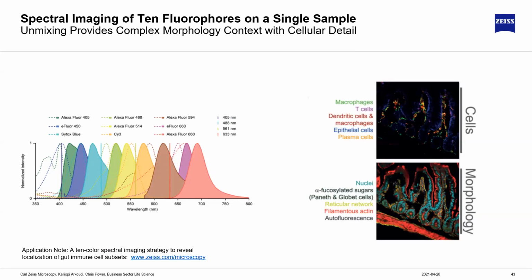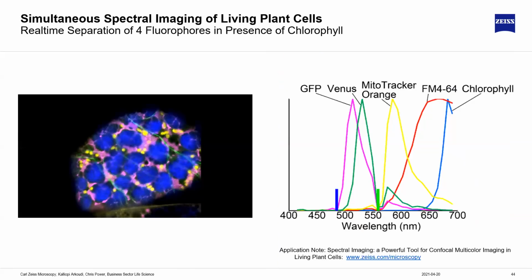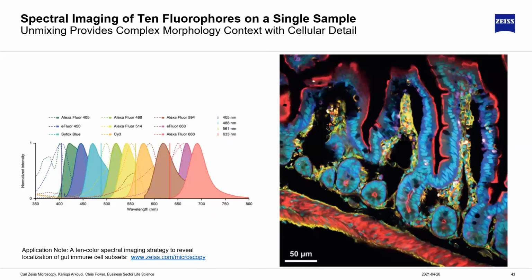So proteins are being modified again and again. The spectra slightly shift with every modification. And of course, we want more. The number of fluorophores per sample is increasing. So here you can see an example from later on where we are having 10 fluorophores in one